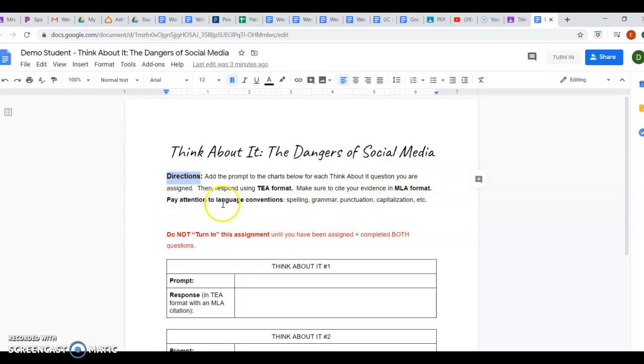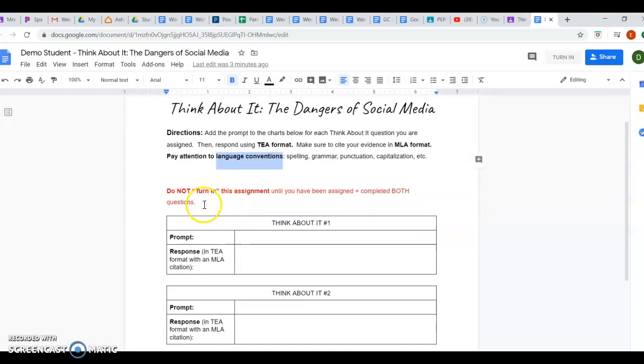As usual, make sure to pay attention to language conventions. That's part of your grade. It's important to note that you are not going to click this Turn In button today because there are 2 things that need to be done on here. This question will be completed today. This question will be completed next Monday.